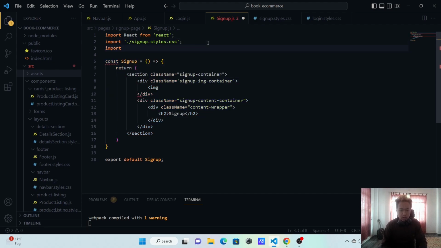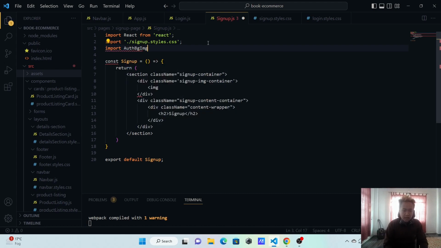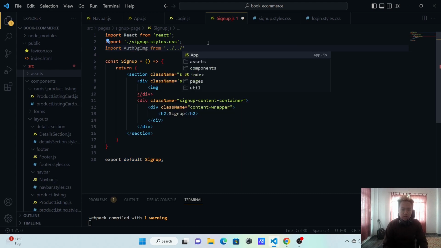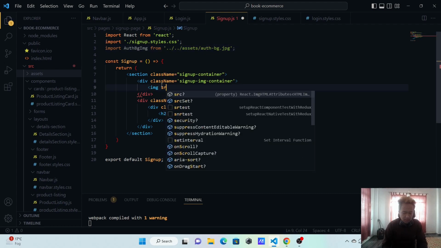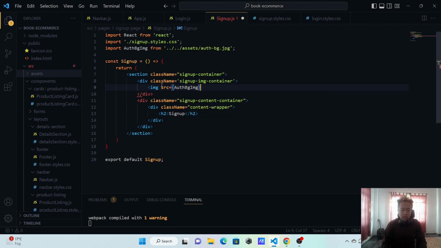So import auth bg img from assets, and inside the assets we have auth bg.jpg. And here in our source attribute I'm going to call this image, auth bg img,